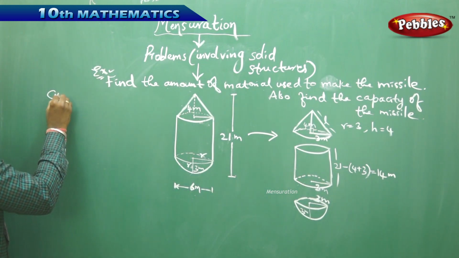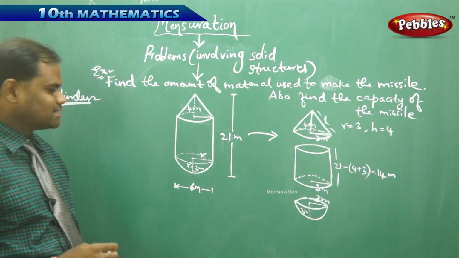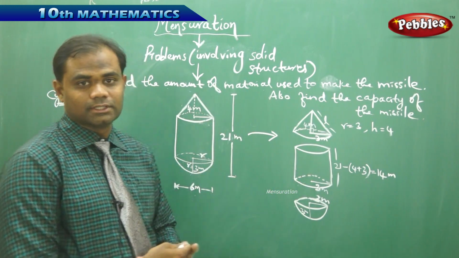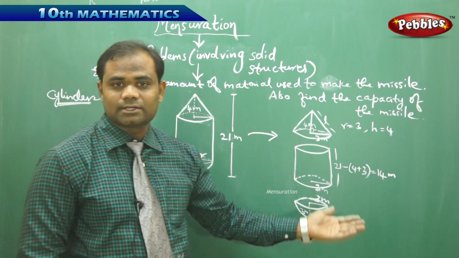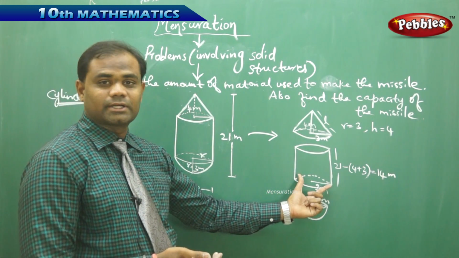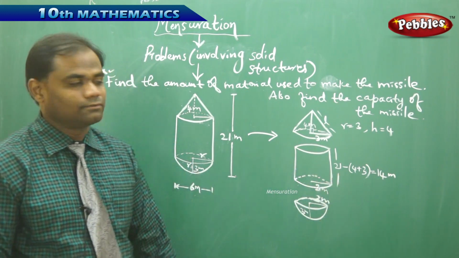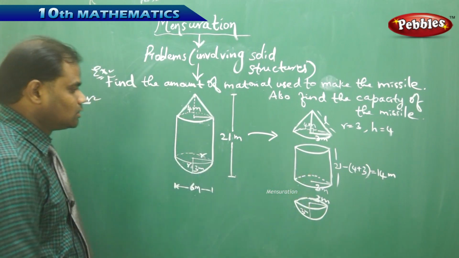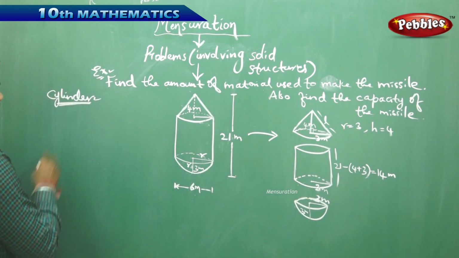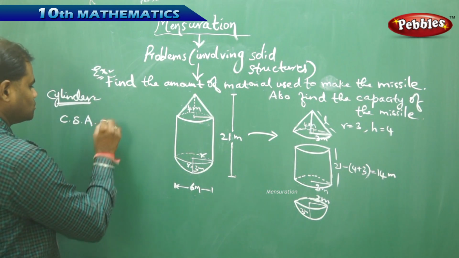So I take the cylinder and I find the area. As I clearly see that I have only the curved surface area which I need to find for the cylinder, because the upper and the lower part of the cylinder are not considered in making the missile. Only the curved part is taken into consideration. Therefore, the TSA doesn't come into existence in case of this cylinder of a missile. So the amount of material I use to make the cylindrical part of the missile is the curved surface area, which is 2 pi r h,